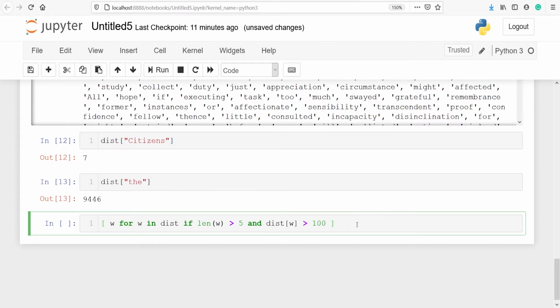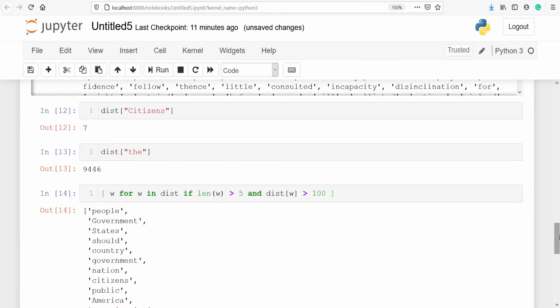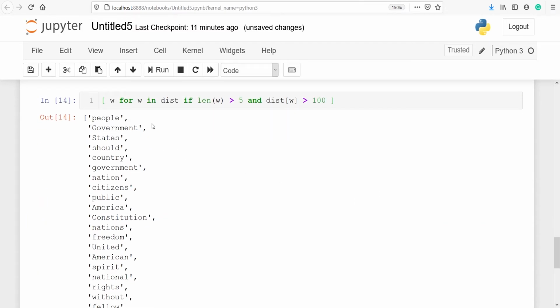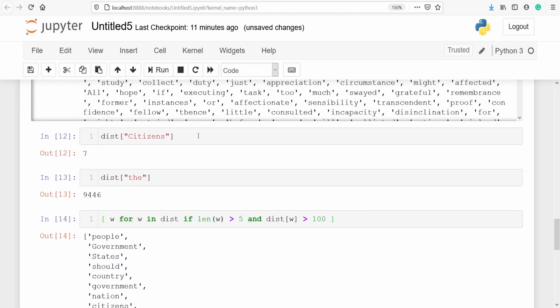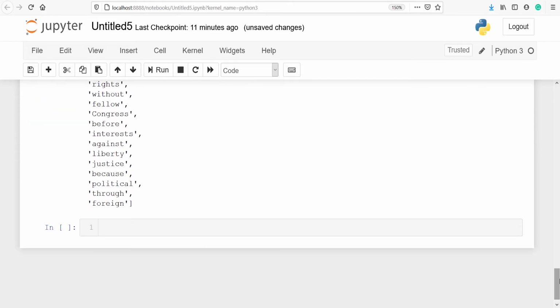Let's execute our code. In the output we got some words here such as people, government, state, should. So these words are of length greater than 5, and we can count that 1, 2, 3, 4, 5 and 6. So the length is greater than 5 and it is repeating more than 100 times, and we can verify that. I'll just copy this code from here, paste it here, and now instead of citizens I will type people here.